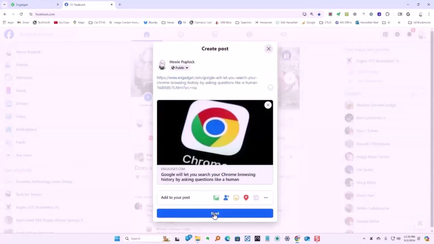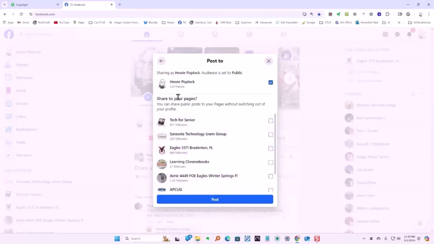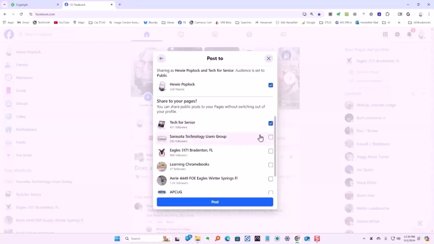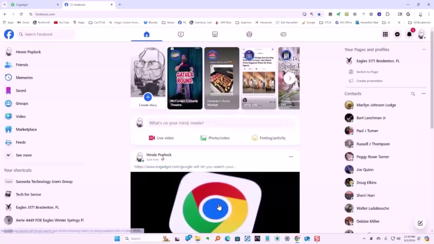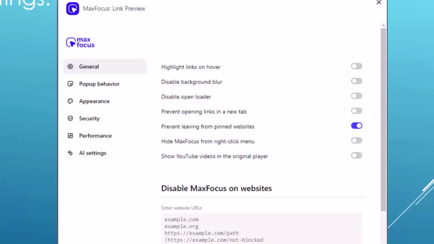I go to next, and when I click on next, it is ready to add to my feed, but also I can check the boxes for Tech for Senior and Sarasota Technology User Group. Click next, and it's done and posted.